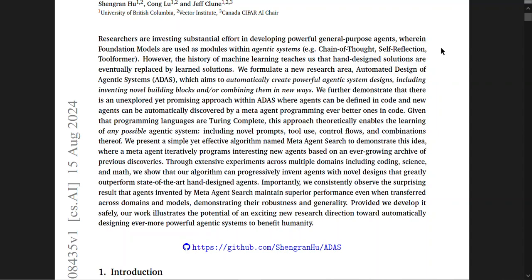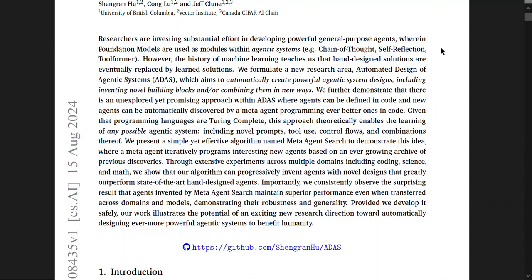We further demonstrate that there is an unexplored yet promising approach within ADAS where agents can be defined in code and new agents can be automatically discovered by a meta-agent programming even better ones in code. Given that programming languages are Turing complete, this approach theoretically enables the learning of any possible agentic system, including novel prompts, tool use, control flows, and combinations thereof.